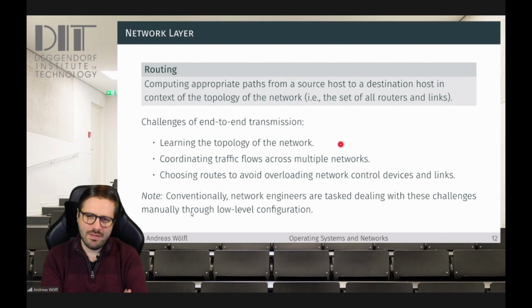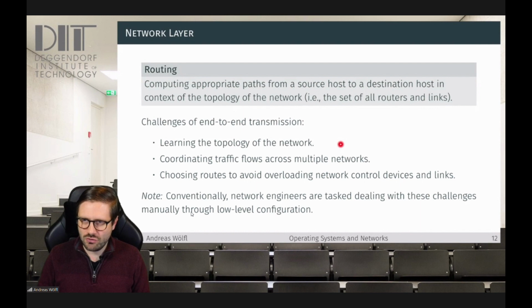You can obtain these routes in two ways. The first way is you do it manually. So you have network engineers that know parts of the topology, that have a deep knowledge of networks, and they can create these routes for packets manually. The second approach is you can have algorithms to do so. Both have benefits and drawbacks. Doing it manually, then you have a